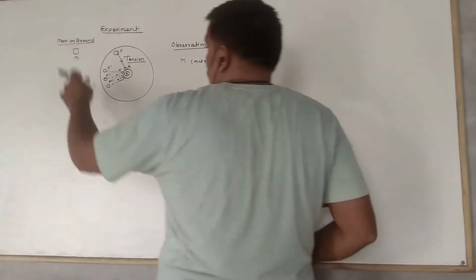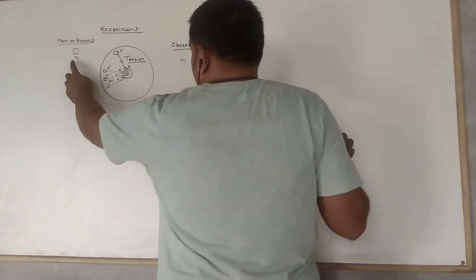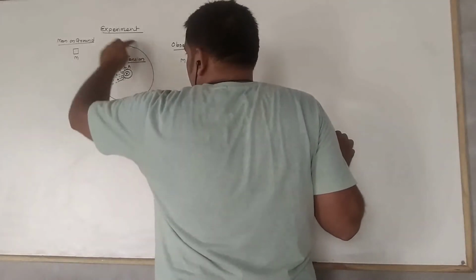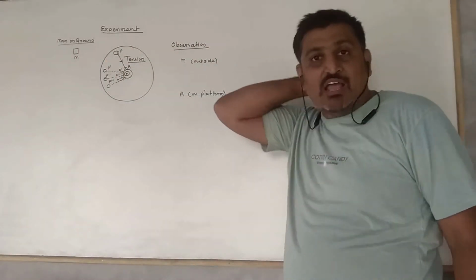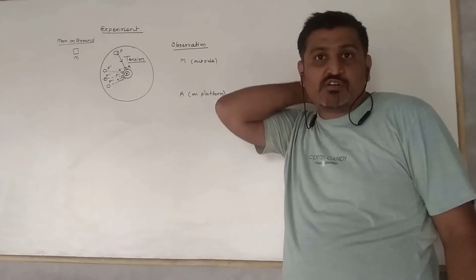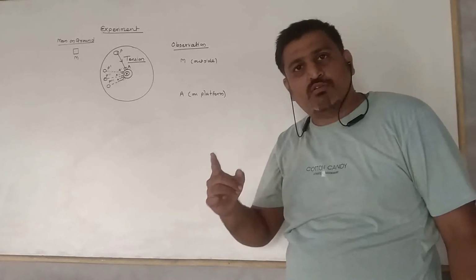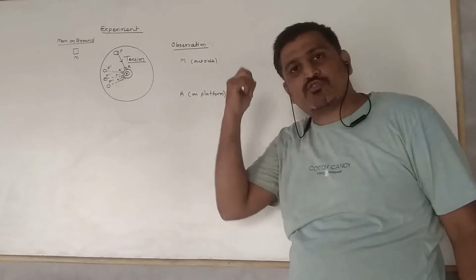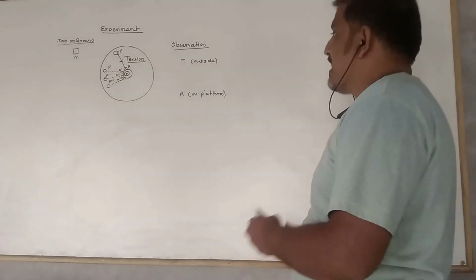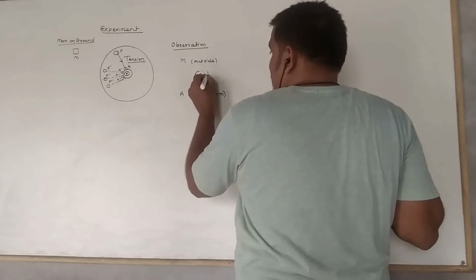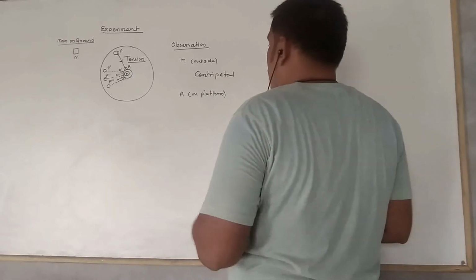Now, what is the observation of the person M while the merry-go-round moves? This person M sees that the ball is moving along a circular path due to a force exerted on the ball, whose direction is toward the center. So the person who is standing outside the merry-go-round can observe a centripetal force. He can observe a centripetal force exerted on the ball, right?